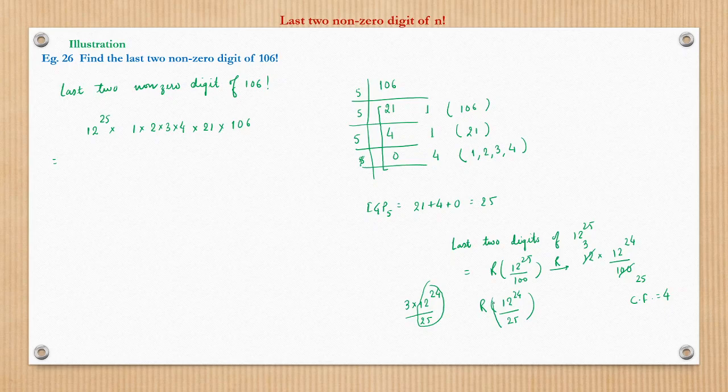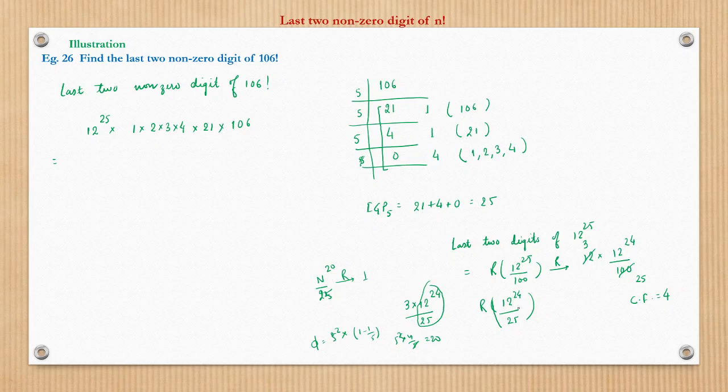Now see, can we apply Euler's theorem here, because 25 and 12 are co-prime to each other? Euler's totient of 25 will be 20. So any number co-prime to 25, raised to power 20, divided by 25. Why 20? Because 25 is nothing but 5 square into 1 minus 1 by 5. So this becomes 4 by 5 square into 4 by 5, so this cancels to 20, right? This we had discussed. So any number raised to power 20 divided by 25 will give a remainder of 1. This is Euler's theorem, right?